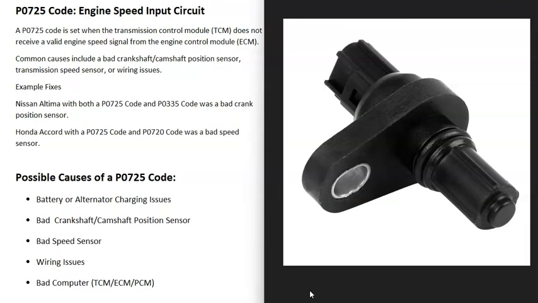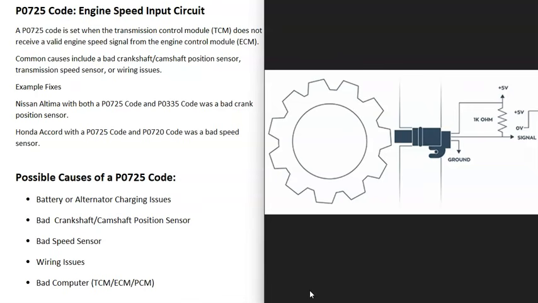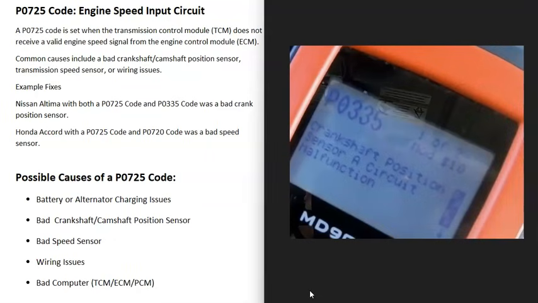The next thing that could cause this is a bad crankshaft or camshaft position sensor. Basically, these are the sensors that are reporting back to the computer the RPMs of the engine, how fast the engine is spinning. They'll be located at the crankshaft and the camshaft, and they're basically just reporting back to the engine control module how fast the crankshaft and the camshaft is spinning. And if one of these goes bad, and this is where the computer's getting its information for the RPMs of the engine, then it's not going to get the information to send to the transmission control module, and that'll set a P0725 code. It's very common that when that happens, you're going to get another code, like a P0335 code or something like that,